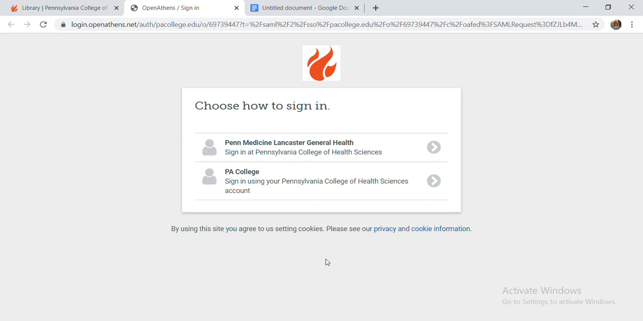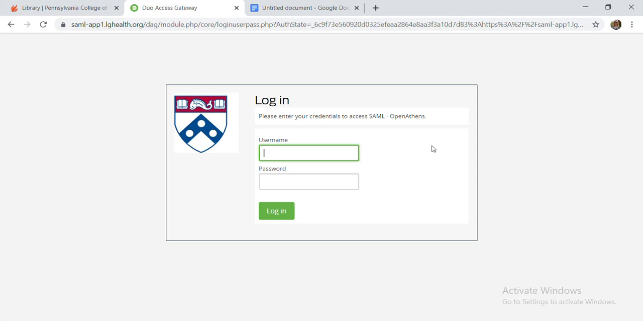Then, after you find the college, you will be taken to this screen that you're seeing right now, and you can choose how you want to log in. In this case, I'm going to choose Penn Medicine Lancaster General Health, enter my username and password,